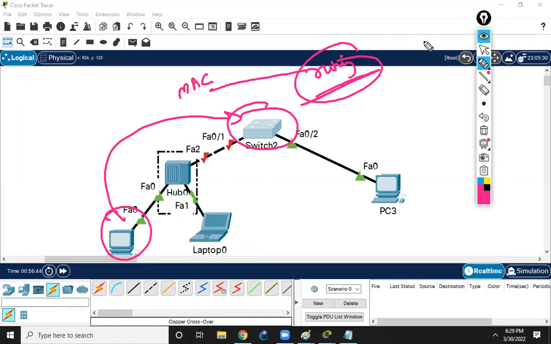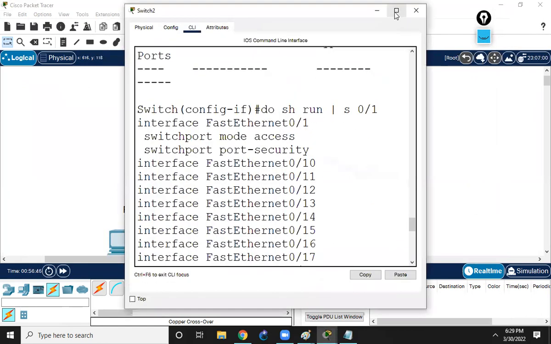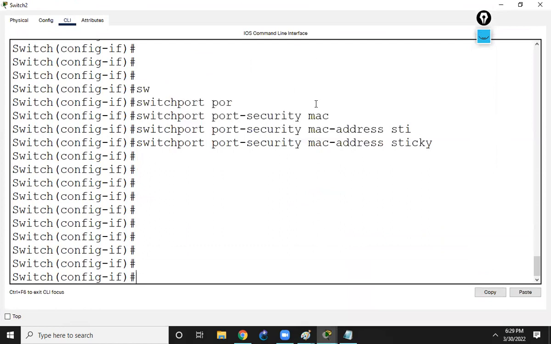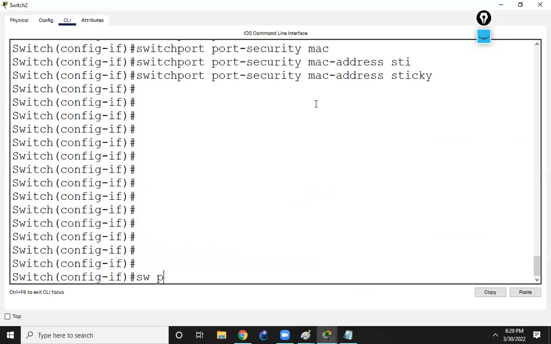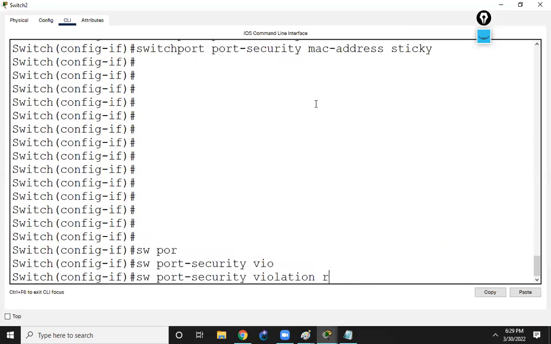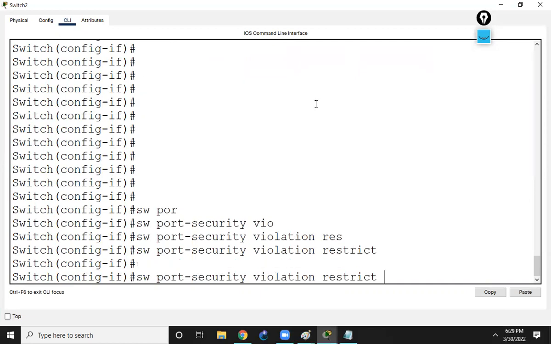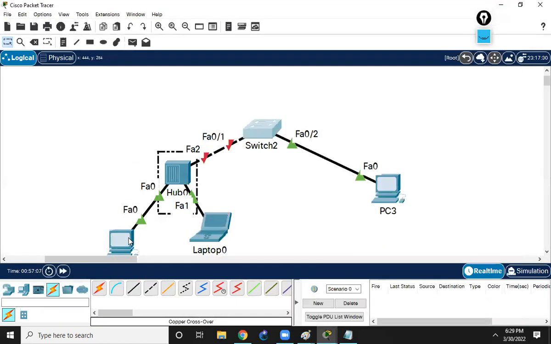Clear? Okay, so now let me show it to you here. Before that, let me change the switch port security violation to restrict. Because if it is shut down, it will keep on going down again. So I'll have to make it down and then make it up once more. Okay, so here now if you check it,